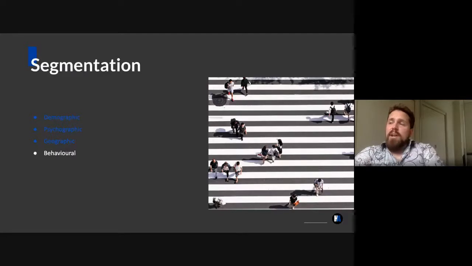With behavioral segmentation, you can understand what the purchase cycle is for that person, where they're going to come to your site, what they're going to be looking at, how you can move them through your site, what kind of triggers are going to work best for them, what kind of terms are going to work best for that kind of group. This is where your creative can really come into play, where your copywriting can really come into play as well, but also just the buttons and the options you have on your website.